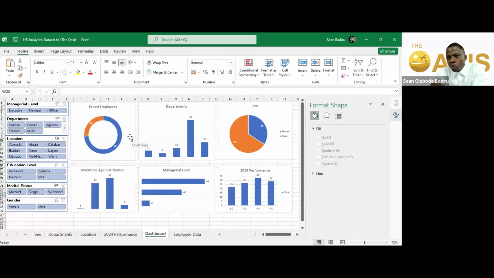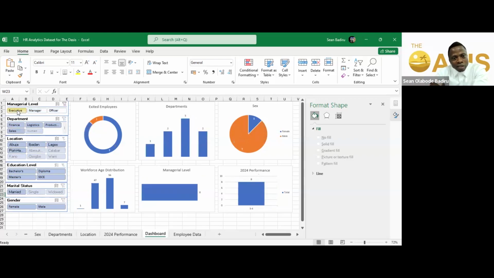And it can sort things using this slicer. For instance, if you click executive here, this is the information about employees that are executives in the organization. So for exited employees, you see that one executive has left. There are 7 of them remaining. In these departments,